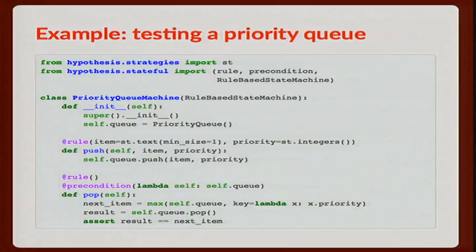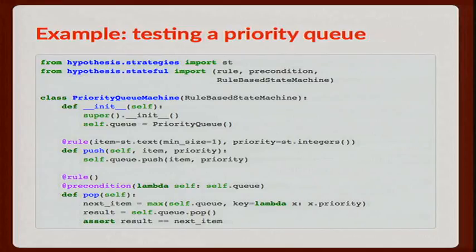In this case, I've just got a simple priority queue I can push to or pop from. Hypothesis is going to go away and try a series of the actions in different ways and see if it can hit the assertion I'm making in the pop action, which is that when I pop an item from the queue, I get the item with the highest priority. So we would run this test, and then at some point, hopefully, if there's a bug,